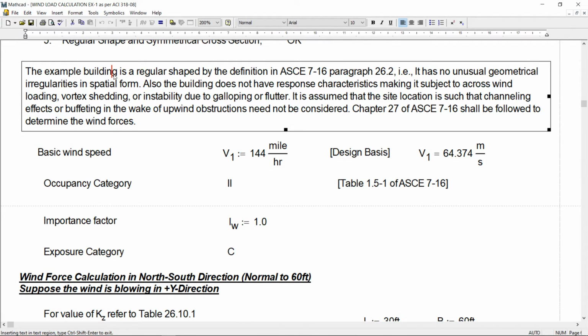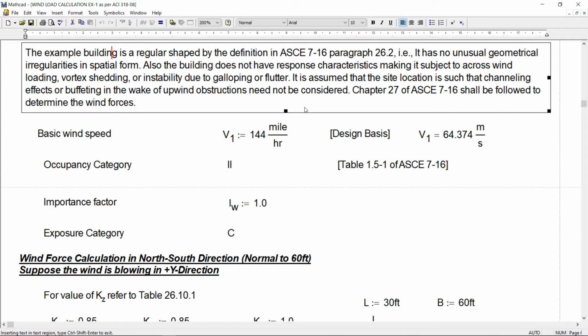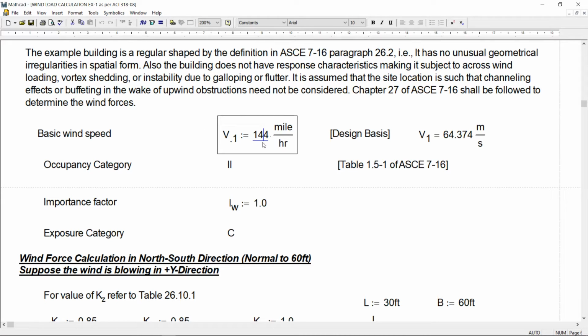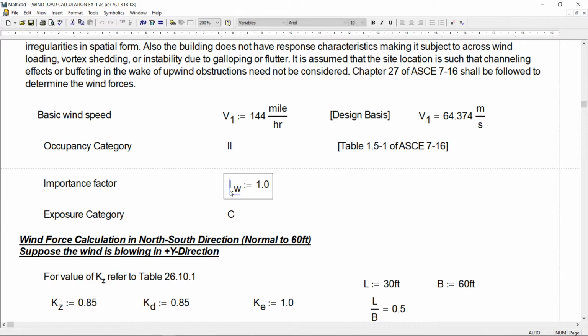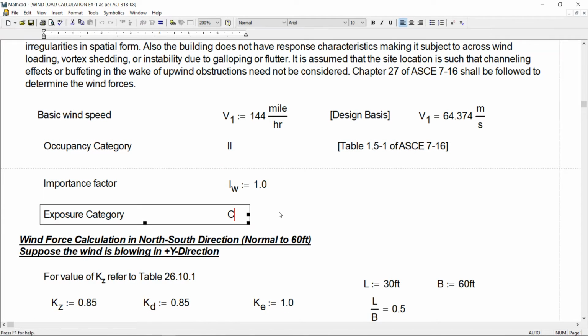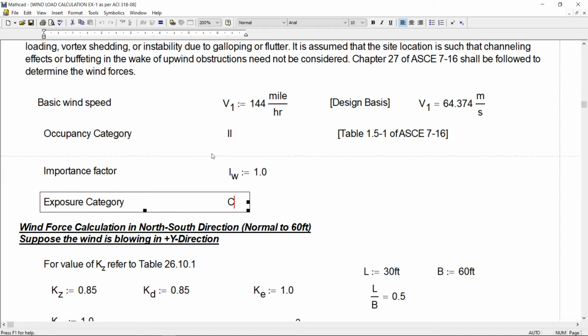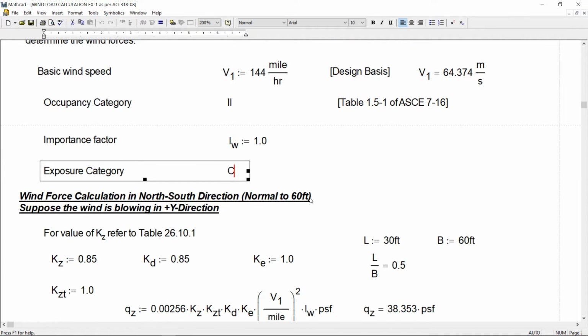So we know that this is a regular shape building, there is no unusual geometry, etc. We know that the wind speed is 145 miles per hour, exposure category is 2, importance is 1, occupancy category is 2, and exposure is C. So first